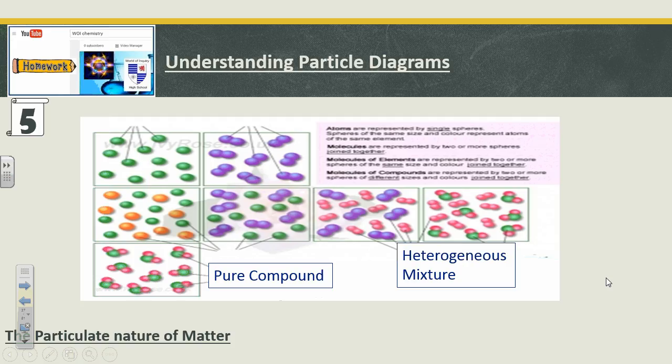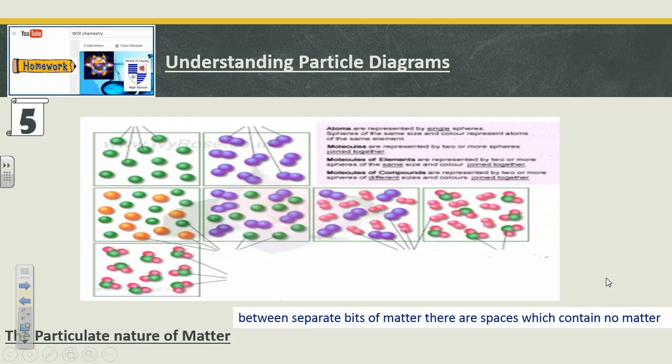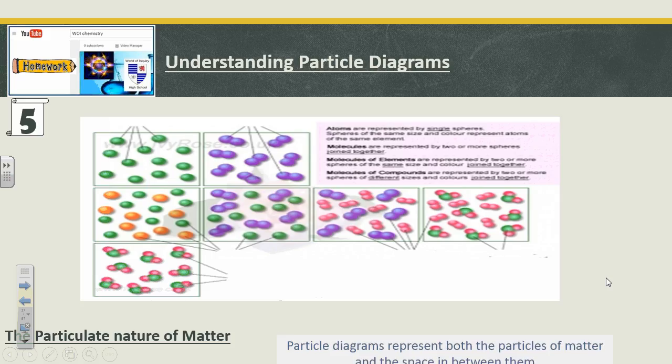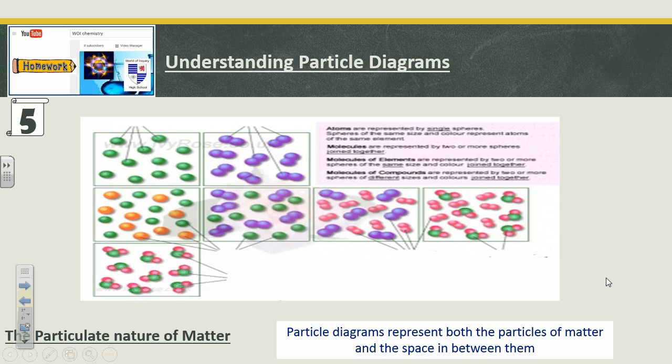The particulate nature of matter is basically just talking about how between separate bits of matter, there are spaces that contain no matter. So this is the particulate nature of matter. Matter exists, and then there's space in between pieces of matter. And we will depict them in our pictures. Okay, so these particle diagrams let me know about the matter that's there and the space between them,